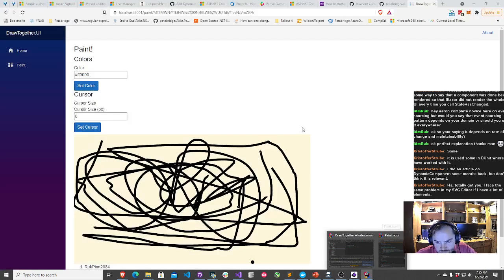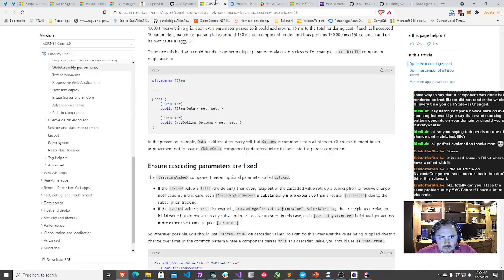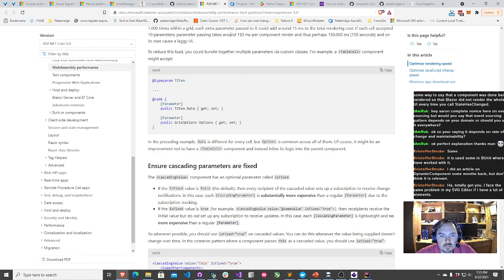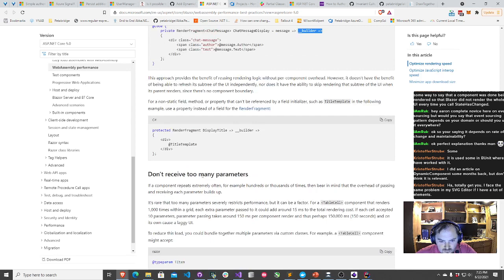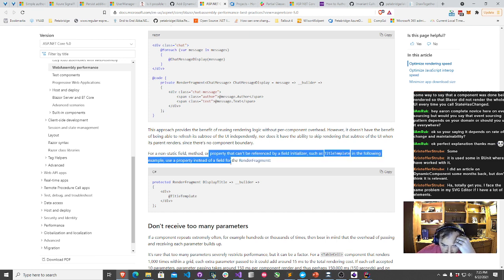Let's see, what does the advice say on this stuff? WebAssembly performance best practices. Don't receive too many parameters. For a non-static field, method, or property that can't be referenced by field initializers, such as a title template, use a property instead of a field for the render fragment.